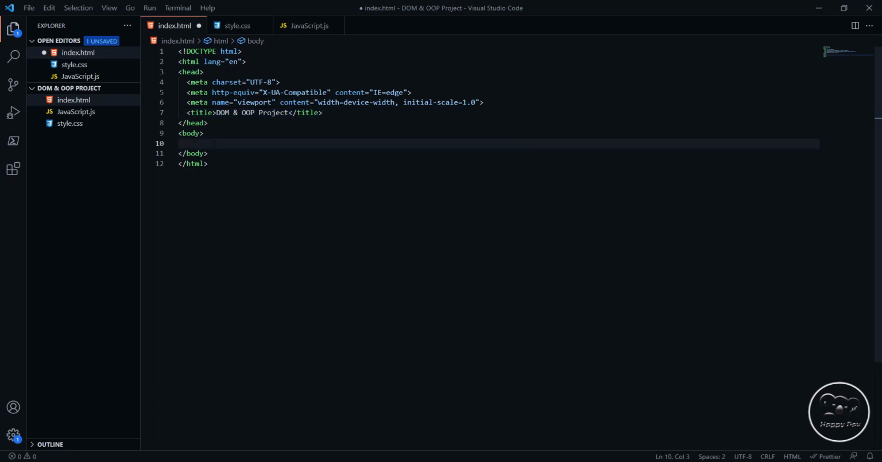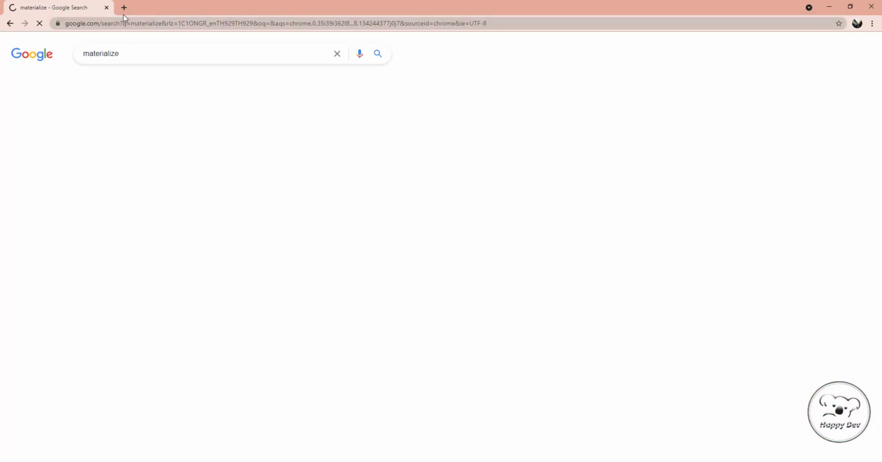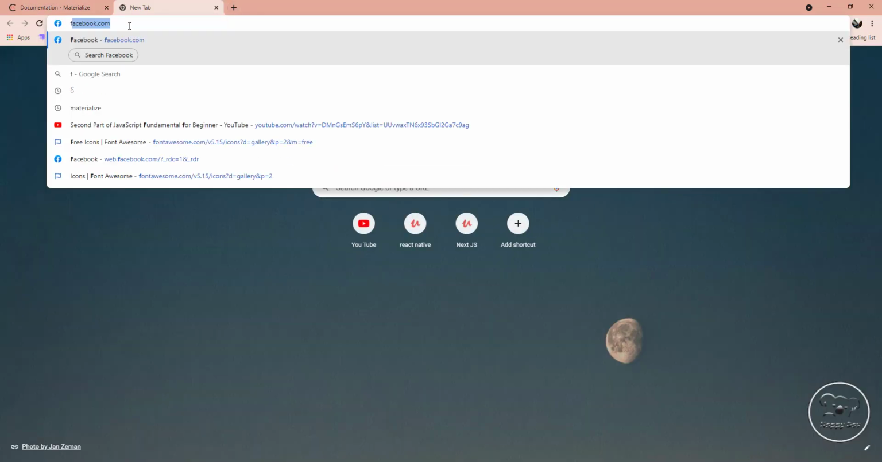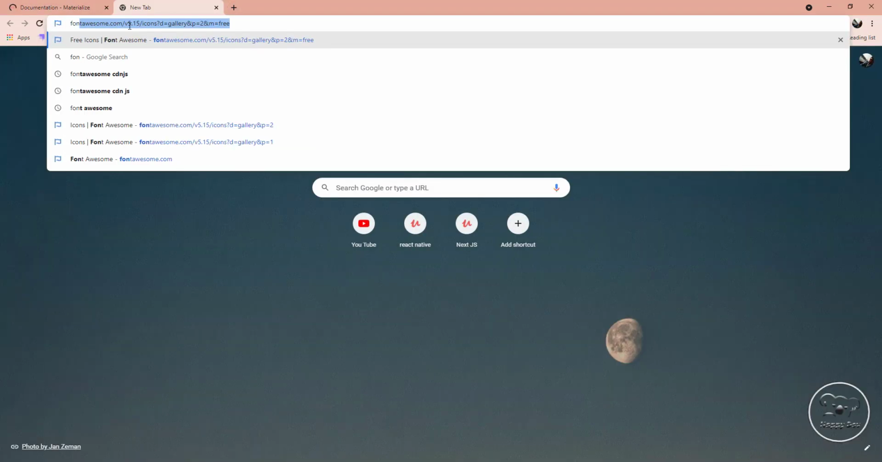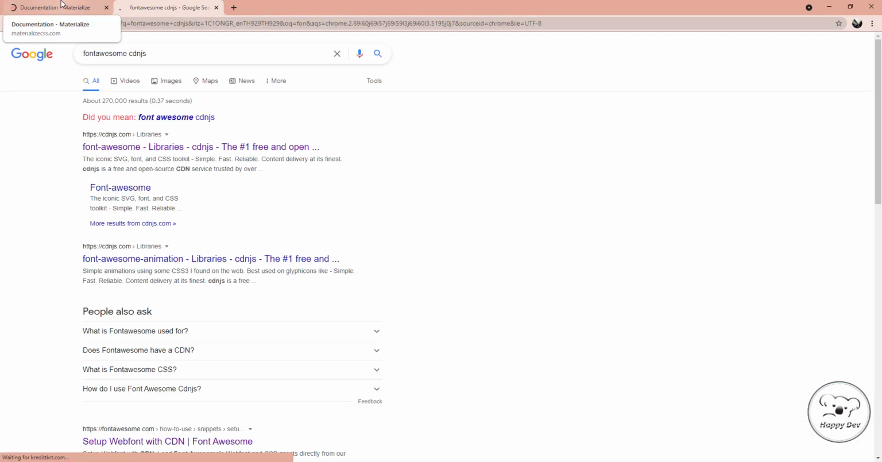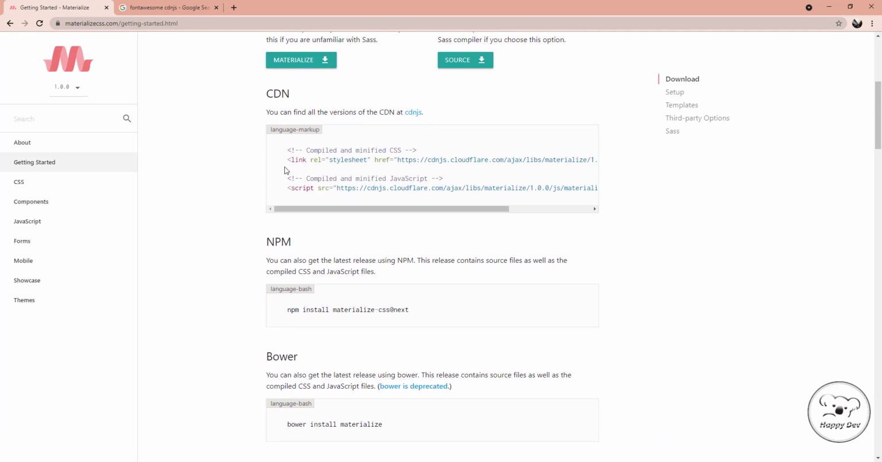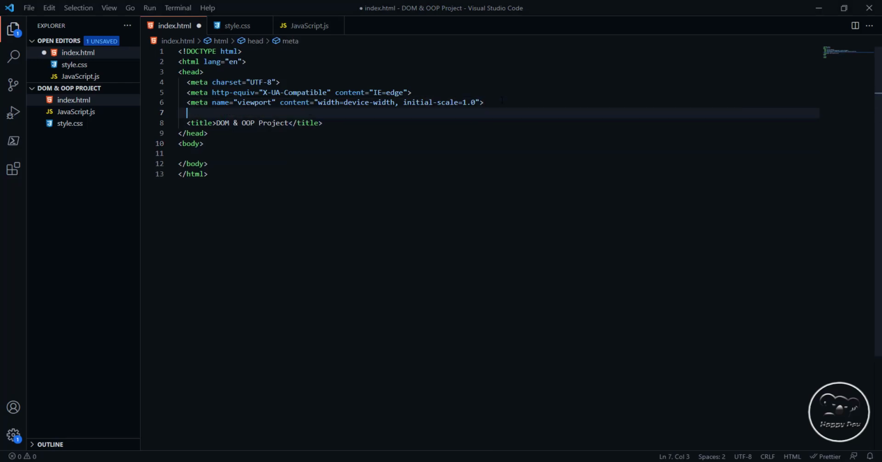I will be using Font Awesome and Materialize. Go to Materialize, and Font Awesome CDN, get started. These two lines, this for the CSS, take and paste up there,